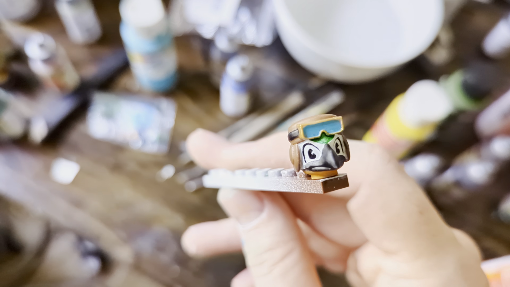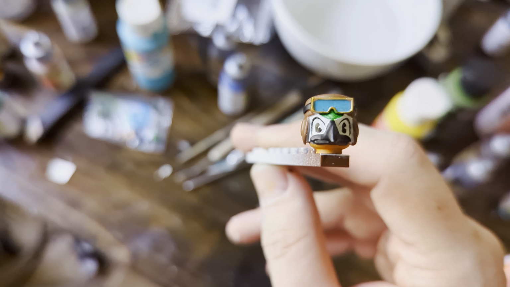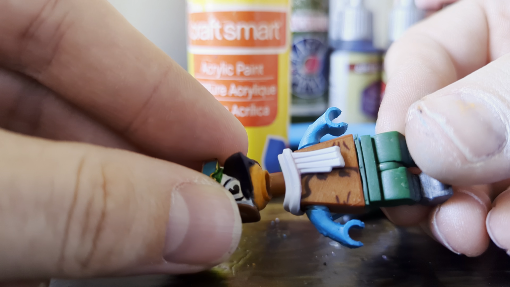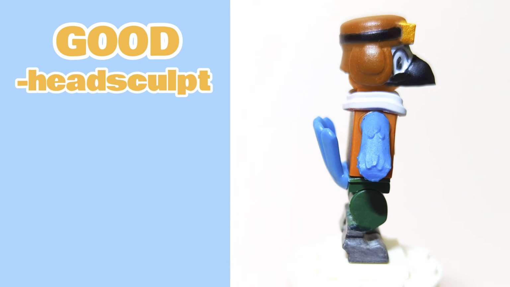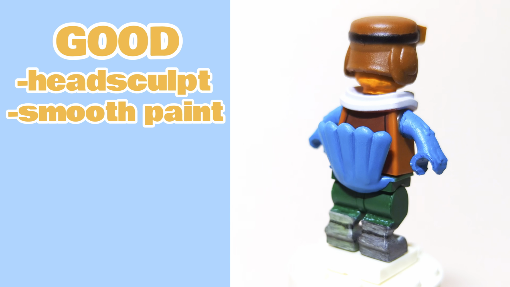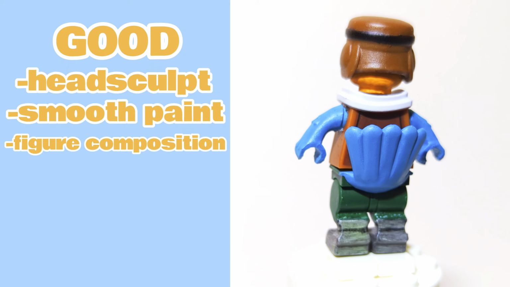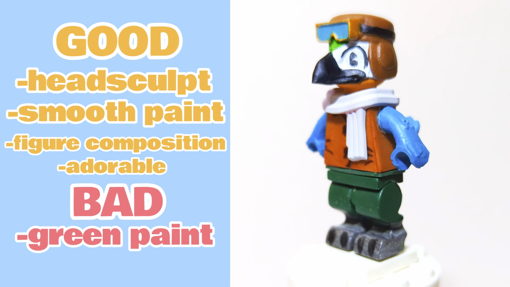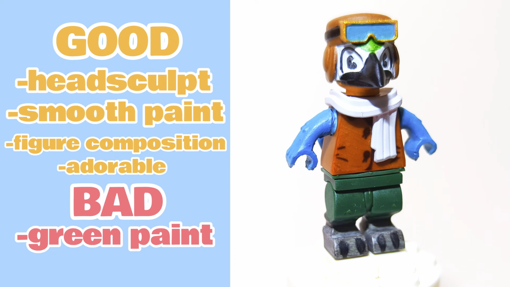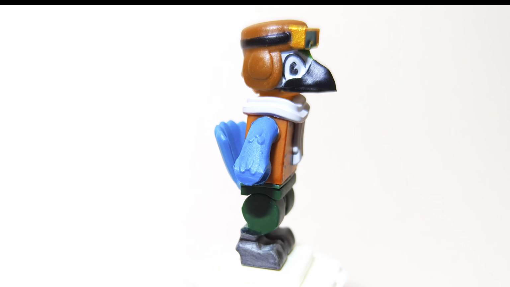Wait, did that actually turn out well? Okay. Let's put it all together and take a final look. Honestly, I think this is my best piece yet. I love the head sculpt, and the paint job is so smooth. Everything fits together perfectly. It's adorable. If I had to pick something bad, I'd say the green paint on the head is a bit splotchy, but I'm being real nitpicky. With a nice mascot Mollie done, it's finally time for...